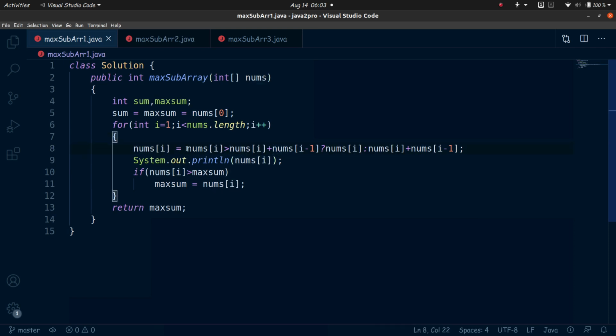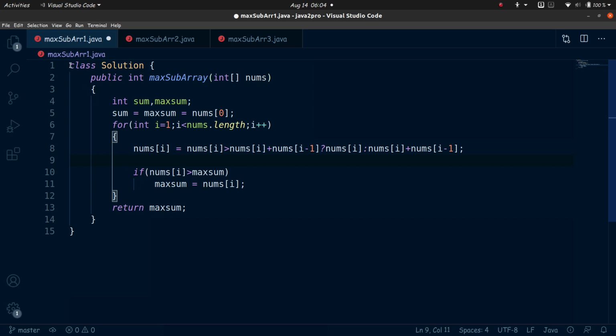This part is the same as previous, just replacing the sum array with nums. Nums is the input array here, if you don't know. So yeah, we are using the same array, and thus it saves us time and space both. And this line here is for debugging, so let's remove this. And then if nums I is greater than maxsum, and so I think you get it, because it's just the same thing, just a bit shorter.